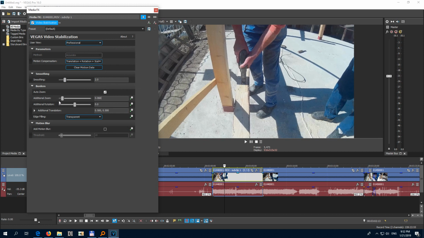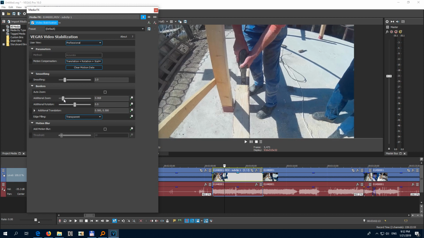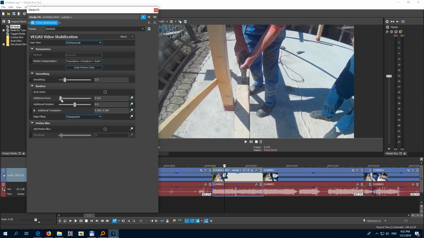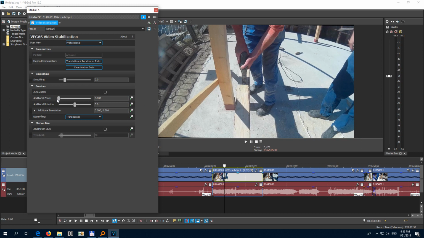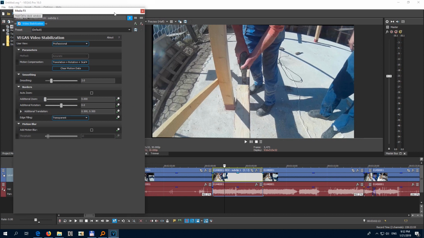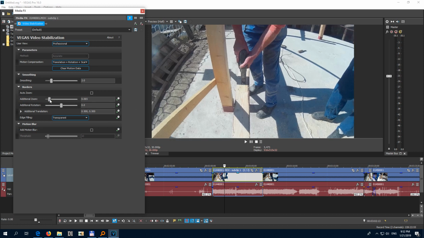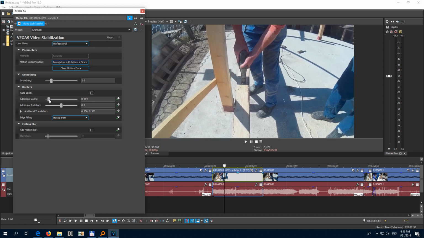Okay, additional zoom is this one. If it's cutting off way too much from the clip, then reduce it to a lower value, because for example if I reduce it totally to the left, then notice that these black sides start appearing. You can eliminate that either by dragging it to the right, and thus it will zoom in, zoom out, or